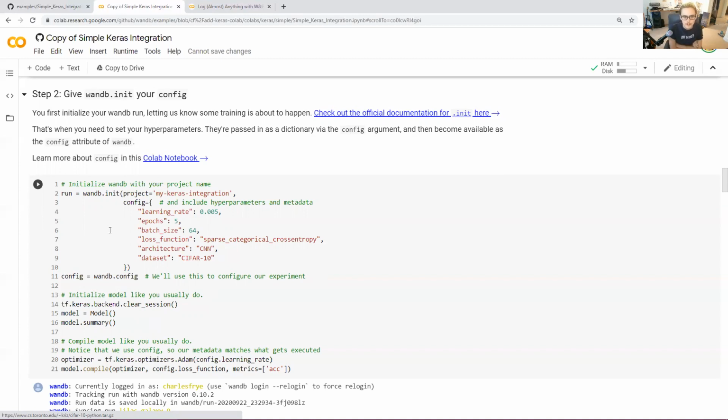The other thing that we're giving is this dictionary, this config dictionary here. And this just includes all of our hyperparameters and metadata. So we've got a couple of things here, typical stuff that you treat as hyperparameters and maybe optimize over, like learning rate, epochs, batch size. There's also some metadata in here, stuff that you probably won't optimize over, but is maybe useful to keep around